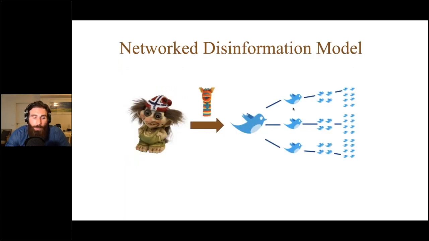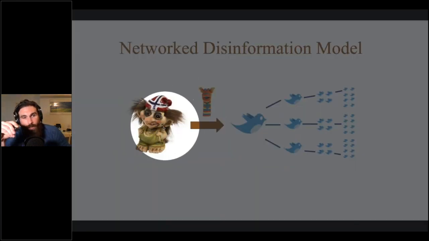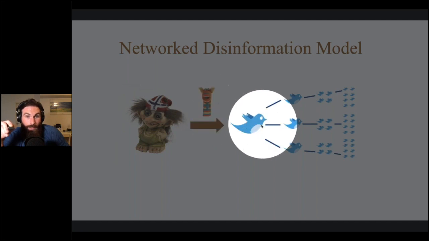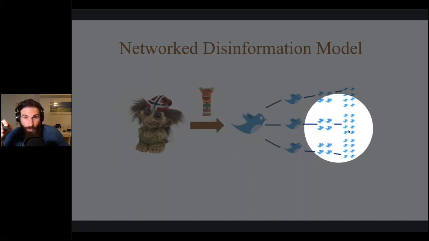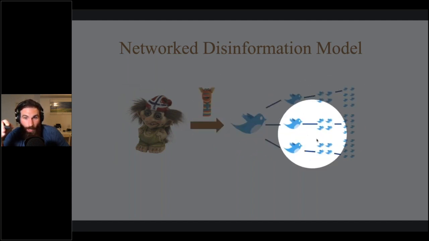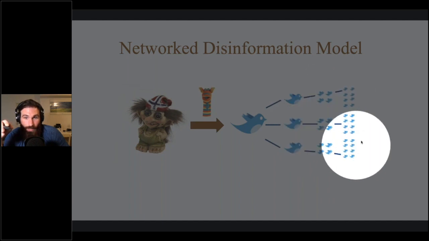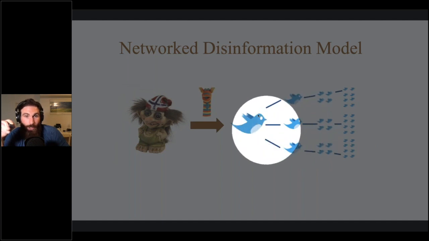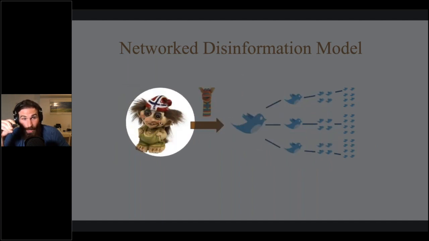So what we do in the paper is we develop this model of network disinformation where, just to walk you through it, we have a troll. In this case, it's a Norwegian troll, and that troll creates an account as a sock puppet, a fake identity that someone then retweets to their friends and followers. And I think this is where you see the effective disinformation, because these people are getting information from someone they know and trust who has been tricked or socially engineered by a troll.